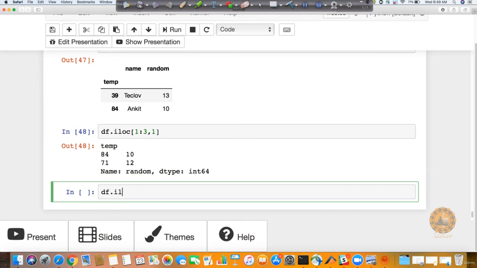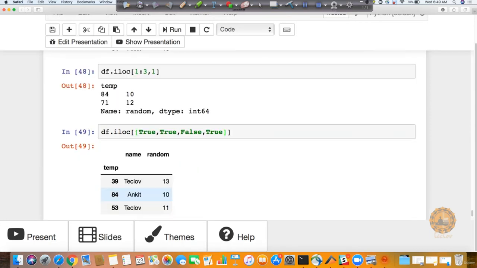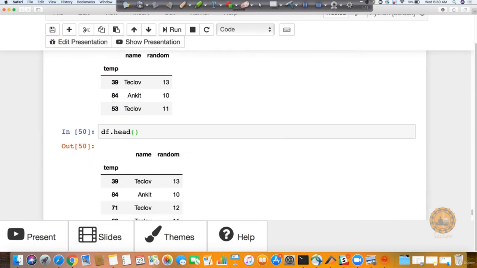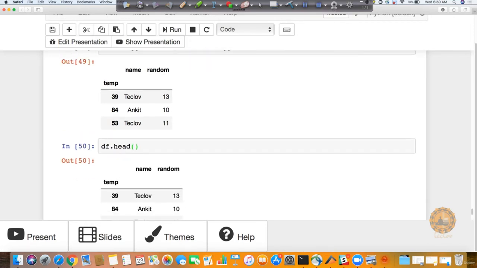Now, one more thing you can do is play with your Boolean type. For example, right now if I just write a list with, let's say, true, comma, false, comma, true. Okay. So let's say I define this and see this value. If you recall my original df dot head value, now I have this. So notice what it is doing.